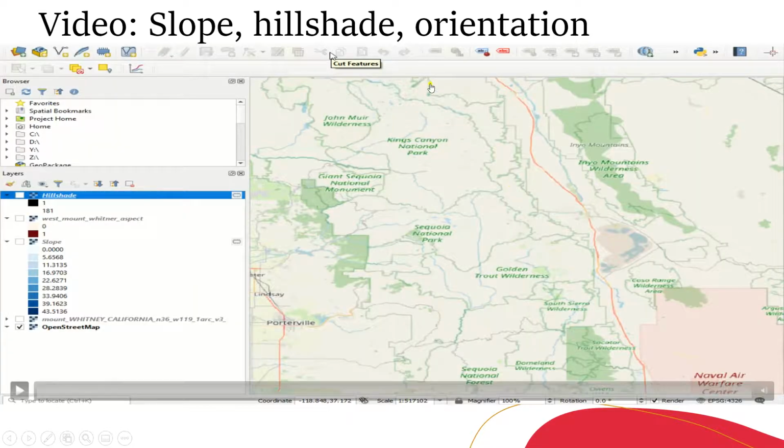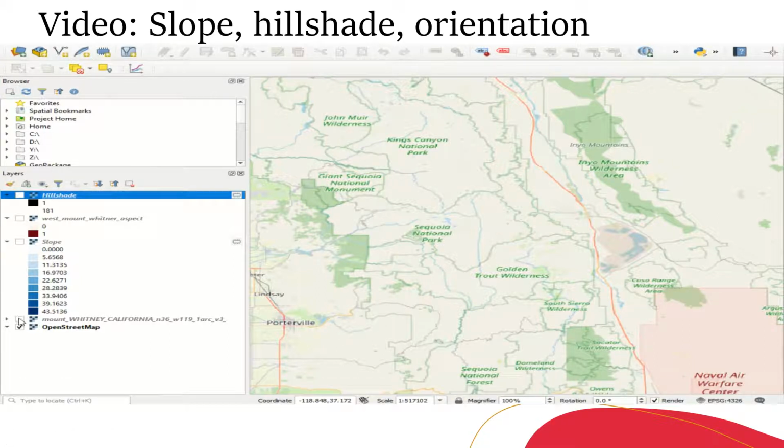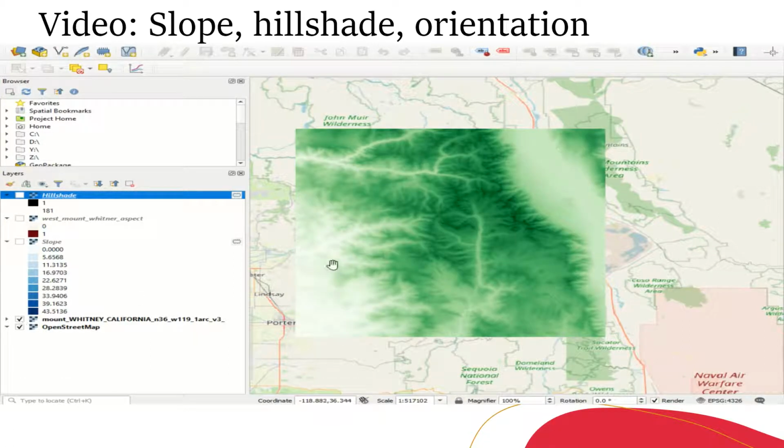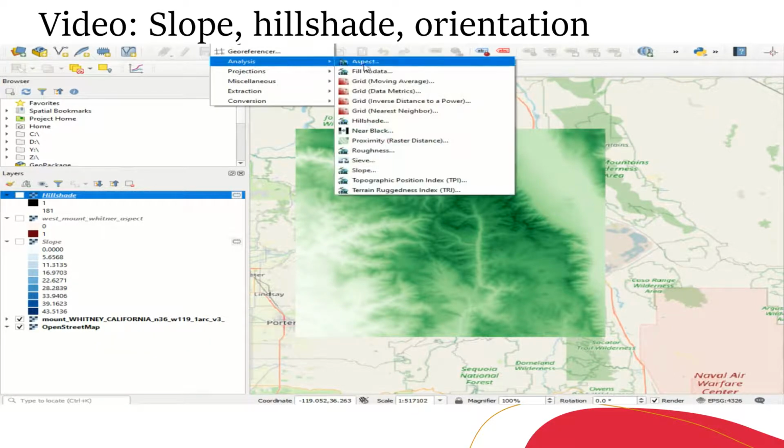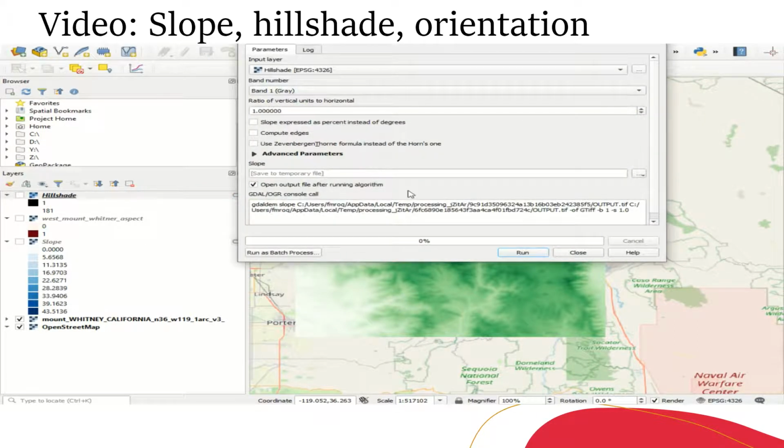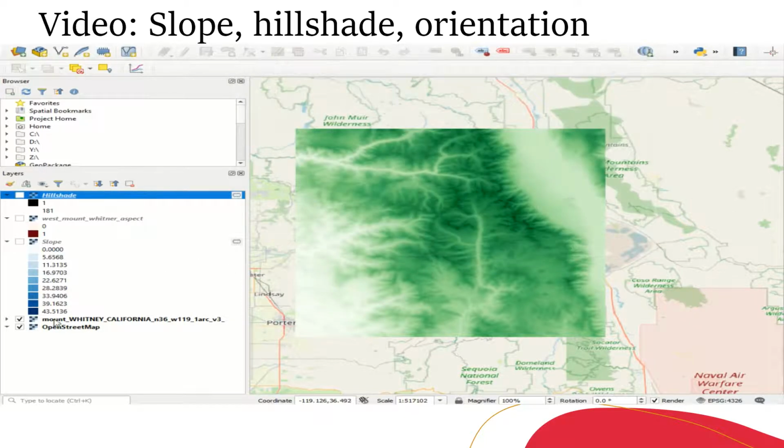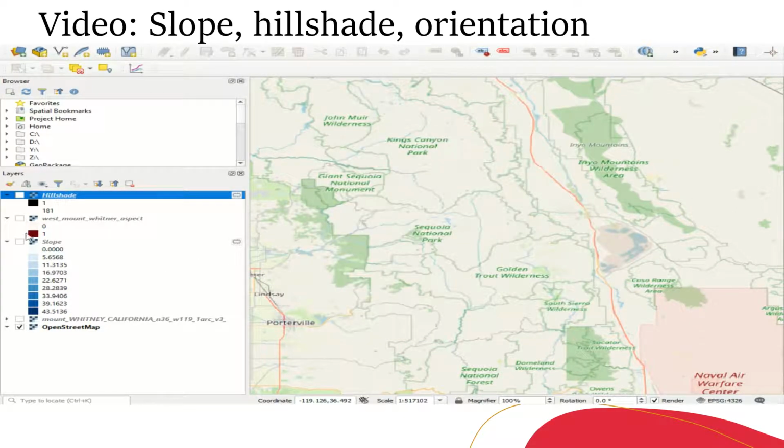For example, in this short video, we are going to see how to get the slope. In this example, we are using Mount Whitney in California, which is the highest mountain in the state. We are going to see how to calculate the slope, and the result of the slope is